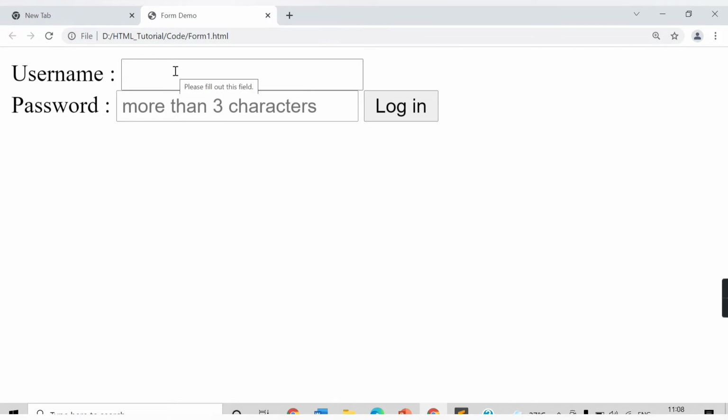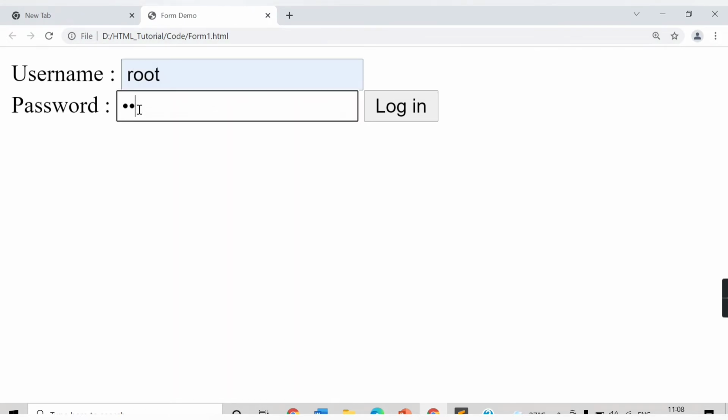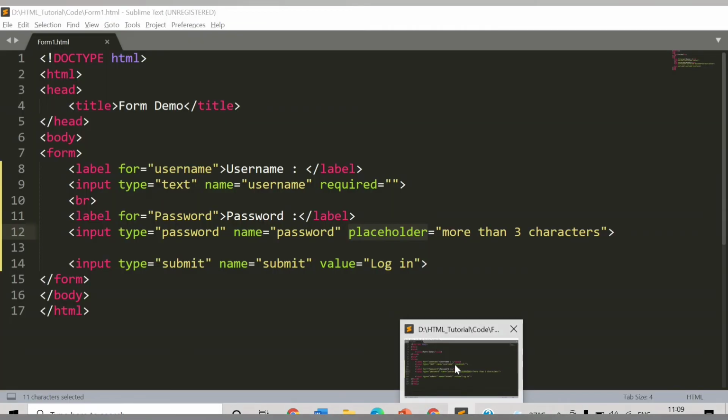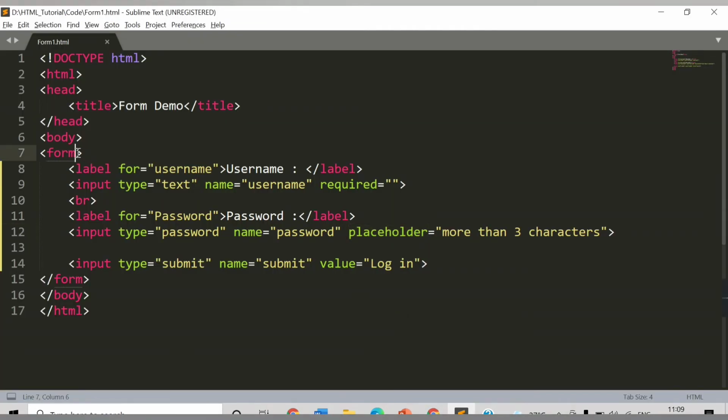See, this is the code here. If I provide some values here, let's say the username is root and my password, and I click on login, see here in the URL I am able to get the username as root, and whatever data I have entered, including the password. It is not secure, as in the URL all the values will be populated as the user sends them. But if you see in the code, I haven't provided any method here.